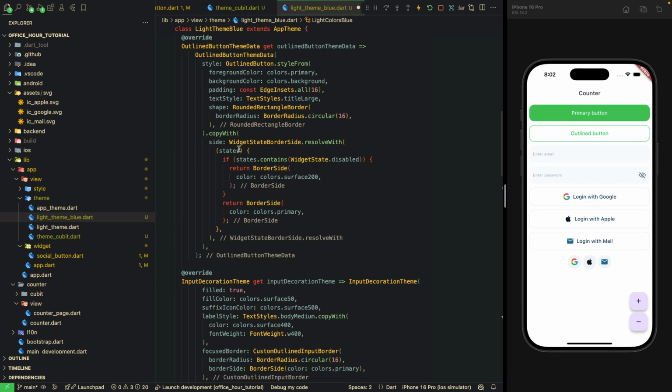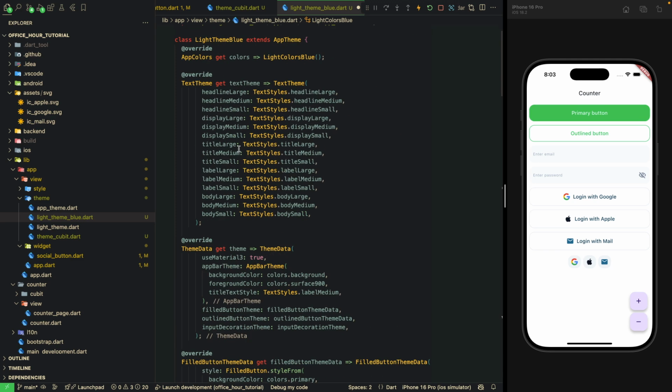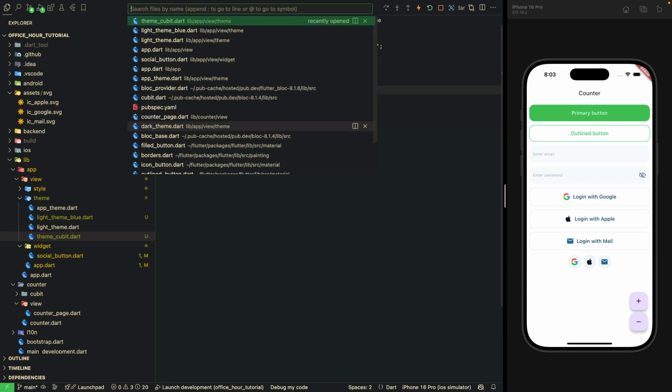So this is amazing. You can see that we are already getting the light theme for blue color. Now we can easily change it here using the change theme method. And if we want to do that, let's go to our counter page,